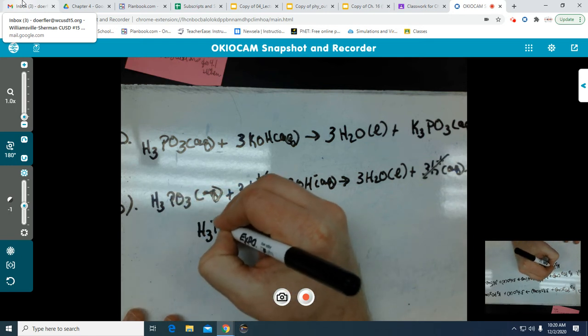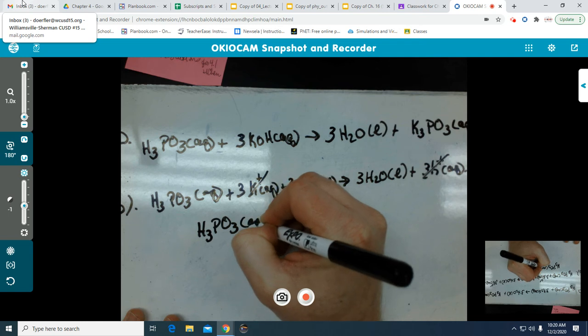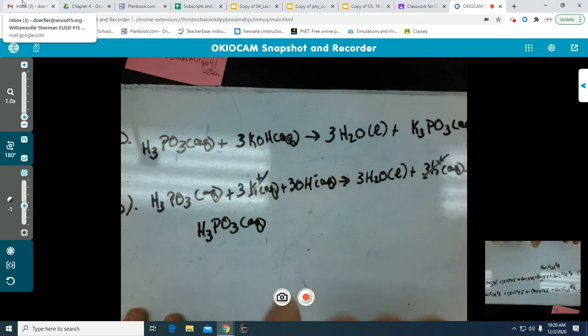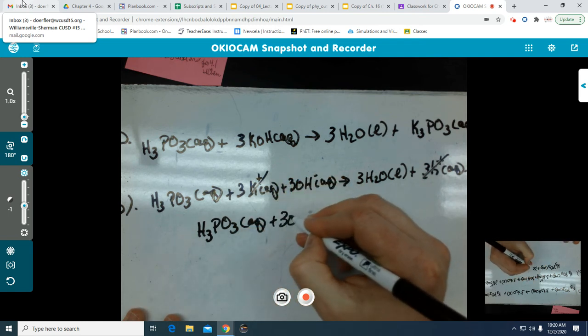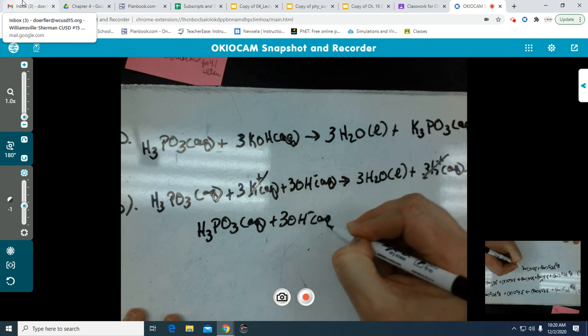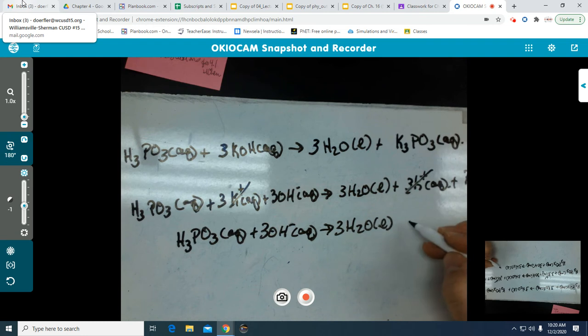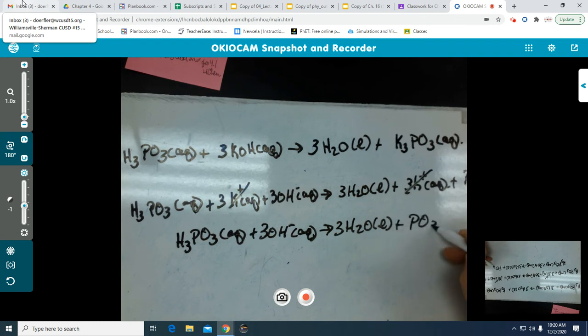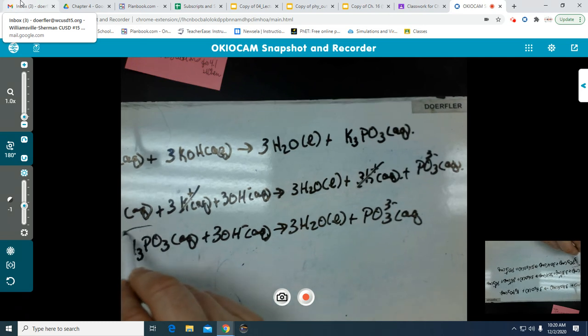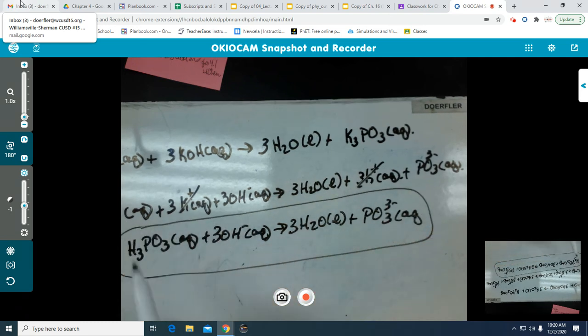So H3PO3 aqueous, I don't know why I do that period at the end, plus 3OH− aqueous yields 3H2O liquid plus PO3 3− aqueous. And that is your answer. That's also why it is very important that you understand and are able to identify